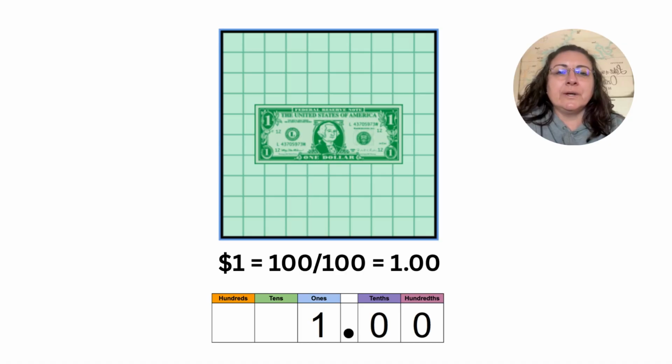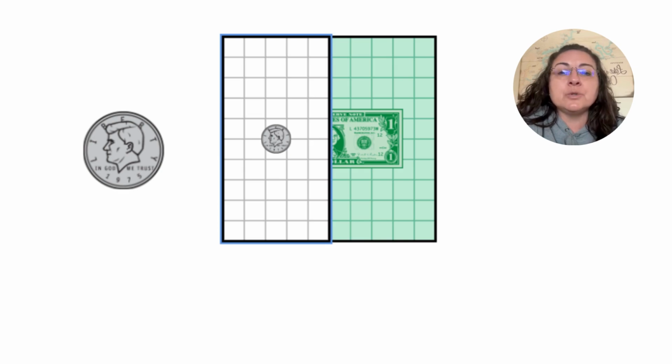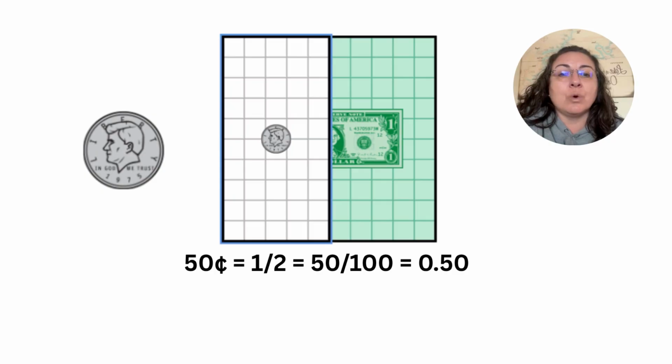To review, we know that $1 is made up of 100 pennies and can be represented as 100 out of 100 and 1.00 as a decimal. Using a half-dollar coin, we can break $1 into two parts, and each part can be represented as 1/2 or 50 out of 100 pennies and